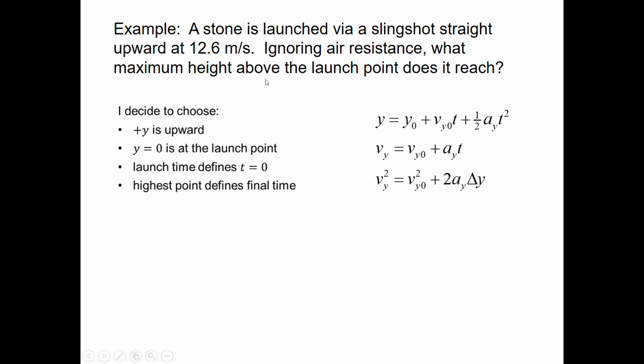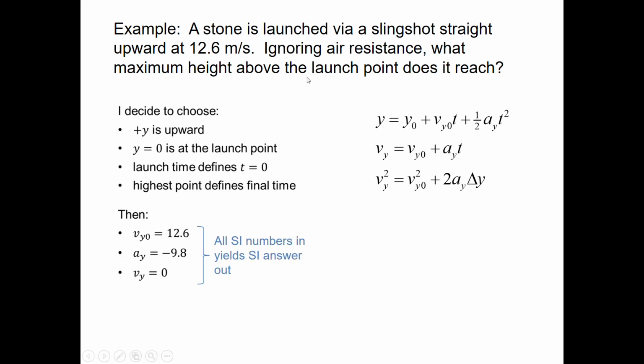And what do we want to find here? Well, I guess I have it phrased here in terms of, this is the difficulty with not writing on the board, sometimes I'm surprised by the order I do things. But here, we're defining first what we know. So I know in this case, if I've chosen plus y to be up, the initial y velocity is 12.6